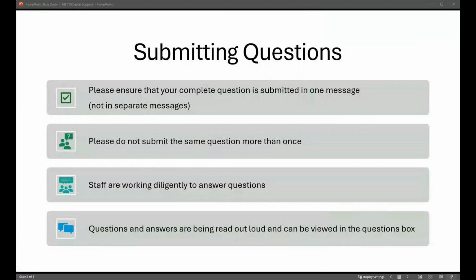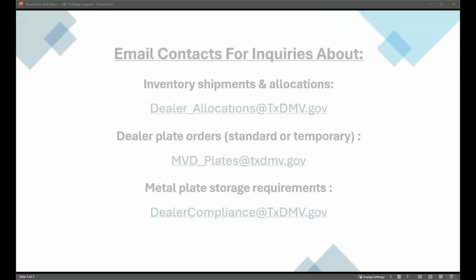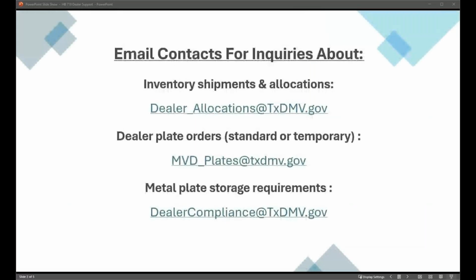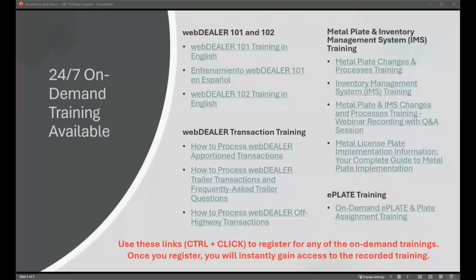Okay, I see a question in here on e-plates. What is the difference between a license plate assignment and a plate assignment? So if you're in here, I don't know if you're referring to the dealer plate assignments or the license plate assignments. But essentially the license plate assignment, that is when you're issuing the general issue plates. Continuing down, you are going to have the option under the dealer plates assignments. That is when you are assigning the blue dealer temporary plates.